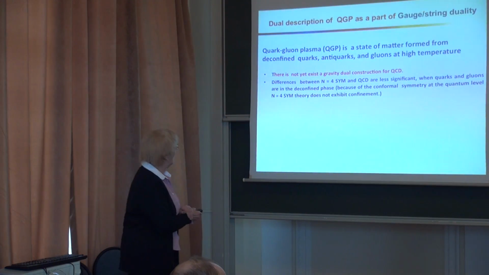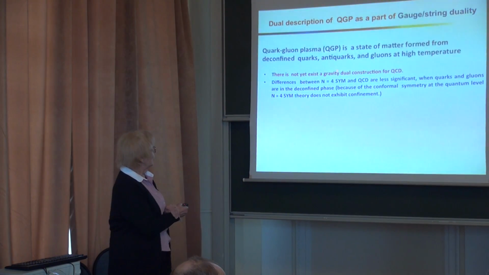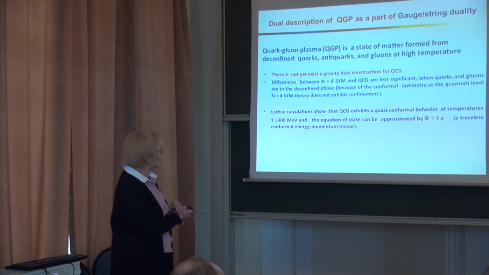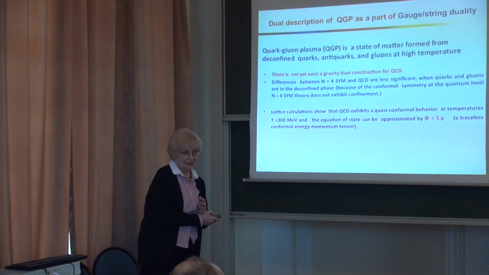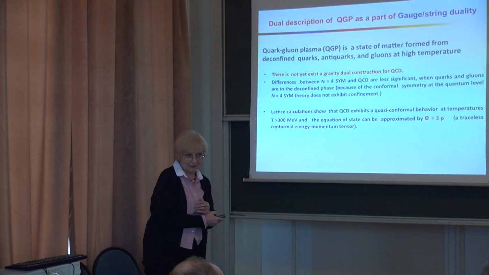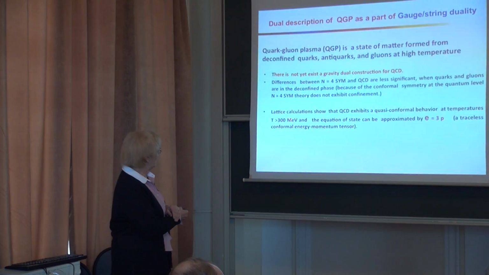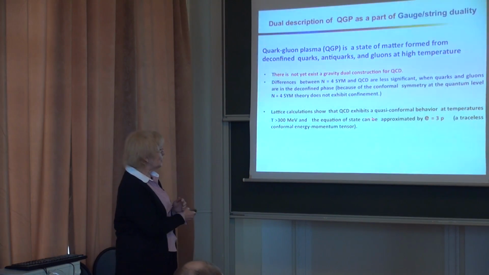In energy scale. Of course, unfortunately, the dual description of quantum chromodynamics is not known, and N equal 4 theory is not the same as quantum chromodynamics, but there are some similarities between quantum chromodynamics and N equal 4 at high temperature. It's also the results coming from lattice calculations, mentioned here. These calculations tell us, and this is exactly the answer to your question, that at temperature more than 300 MeV, lattice calculations show that quantum chromodynamics has